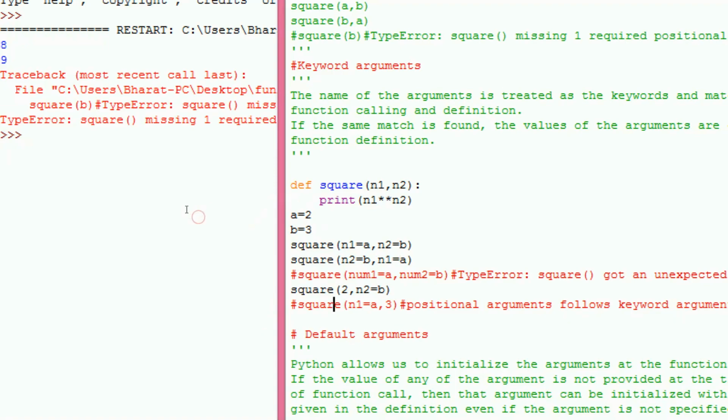If you give wrong keyword names, here I am defining n1 in the definition, but here I am giving num1. At that time it returns an error. And this is the function call. First I give the value, after that I give the value for the keyword. So it is executed. But if I first assign a value to the keyword and then give the value, it returns an error.